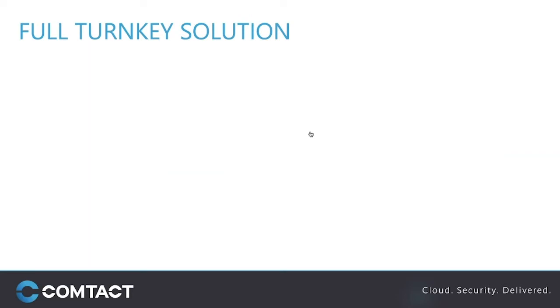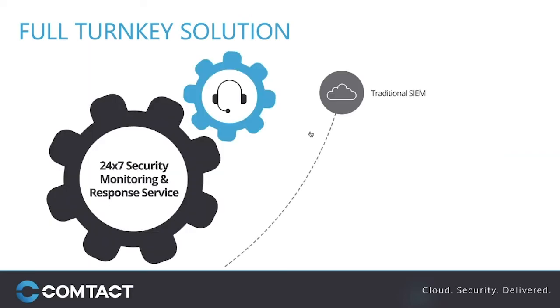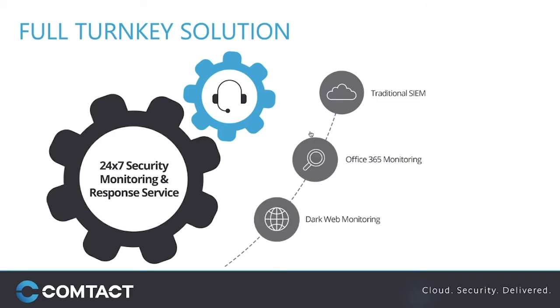But at its core, Cyber Defense Center is a turnkey solution. It supports all of the traditional SIEM use cases of being able to aggregate logs across the whole of the estate, develop insights into that, and derive the necessary rules and analytics for incident management. And our team operates 24/7, looking at those incidents, identifying suspicious activity, and then escalating them through our process, as you expect, to ultimately result in a set of analysis that we can act on either in an automated way through our managed detection and response, as well as